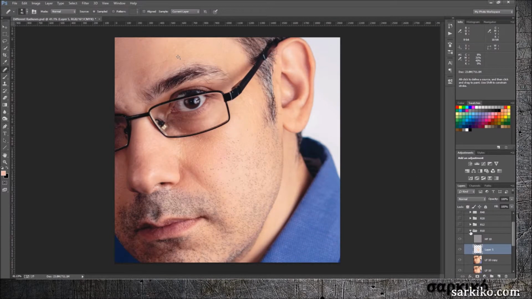Now let's look at what happens if we go too far with the radius. So let's go up to 12. This doesn't look too bad. This looks kind of okay. If we go to 20, it looks okay, but we're not losing a lot of that texture, that skin color variation that we want to keep. If we look at 40, for example,